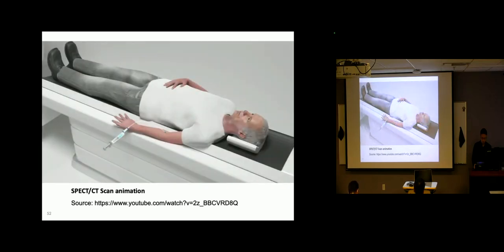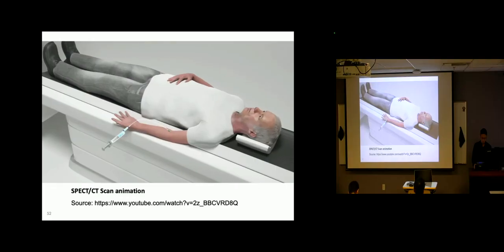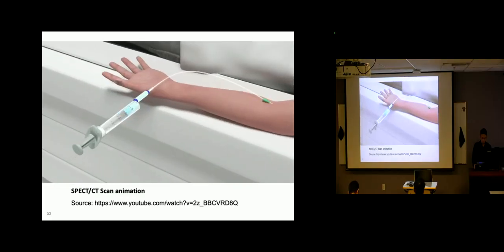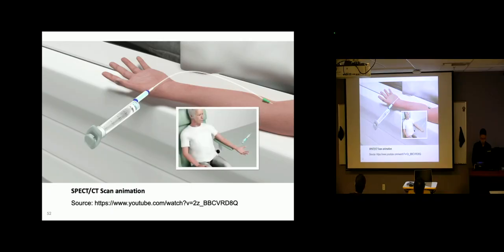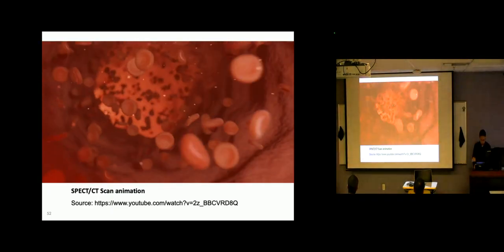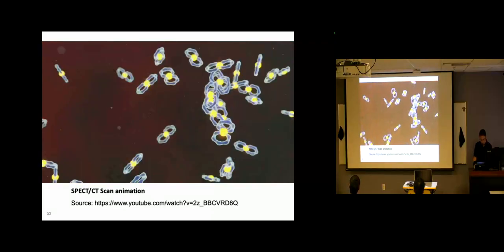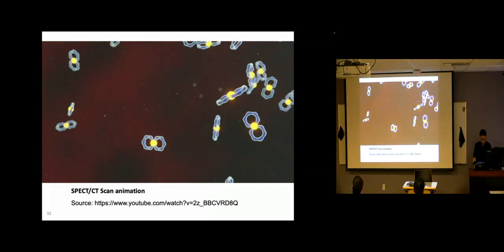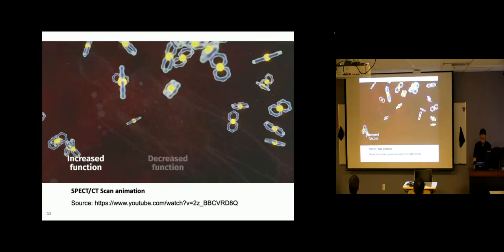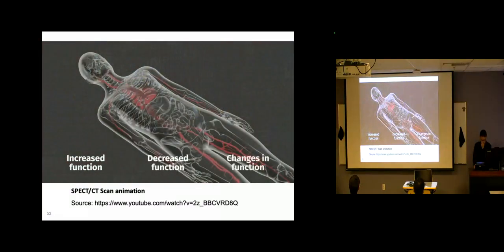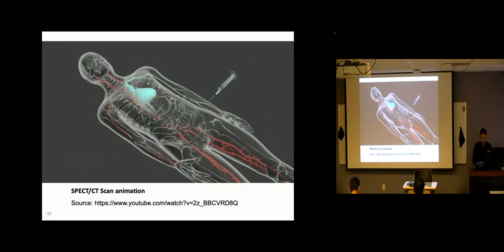A nuclear medicine is generally administered through an intravenous injection, but can also be inhaled, swallowed, or injected in the skin. What study you have will decide how the tracer is administered and whether it is done lying down on the scanner or elsewhere in a chair. The injected nuclear medicine gets taken up and concentrates in the part of the body under investigation. Some diseases cause increased function, some cause decreased function, and some cause changes in function, all of which can be imaged on the scanner. Virtually all organs and tissues can be investigated using nuclear medicine.